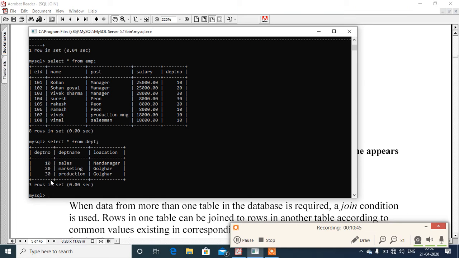Now I am going to perform a join operation on both tables. There are two basic categories of inner join: natural join and equi-join.